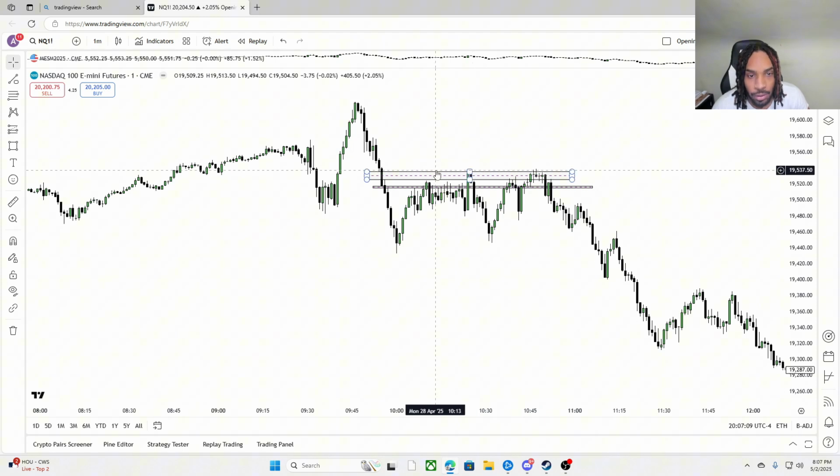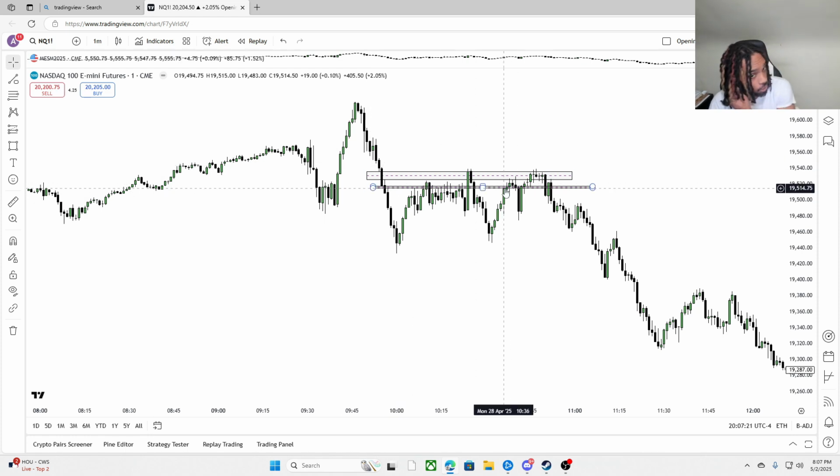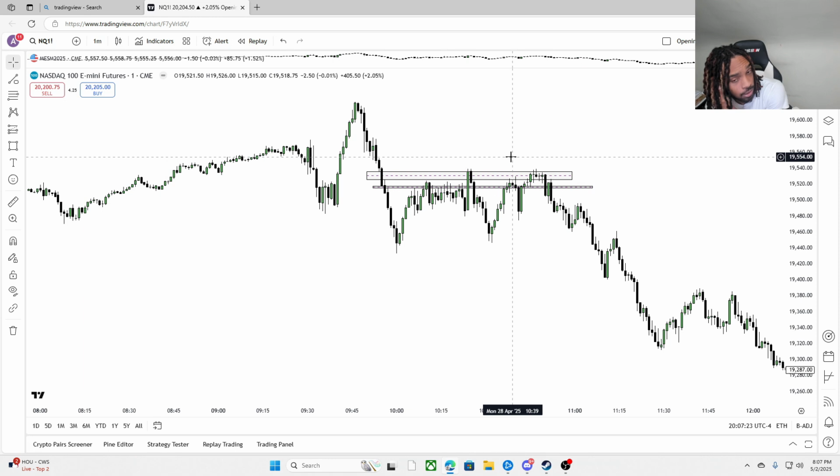And you will see right here that we literally stopped before we got to this third fair value gap, and we respected the high end of that fair value gap candle. Again, not hindsight. I will show you my executions, but I honestly don't even feel like logging into my account.